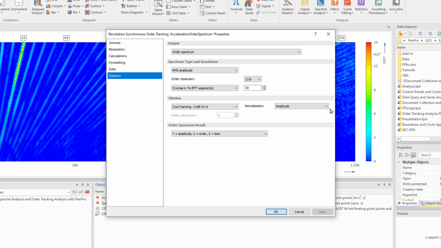I select Output Order Spectrum, Spectrum Type RMS Amplitude, Overlap 95%, Order Spectrum Result, Y Amplitude, X Order, Z Speed, and I press OK.